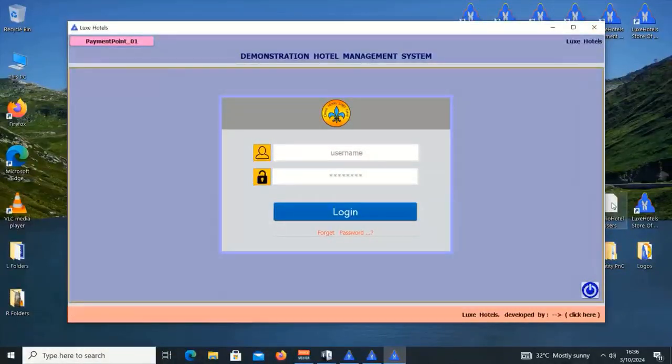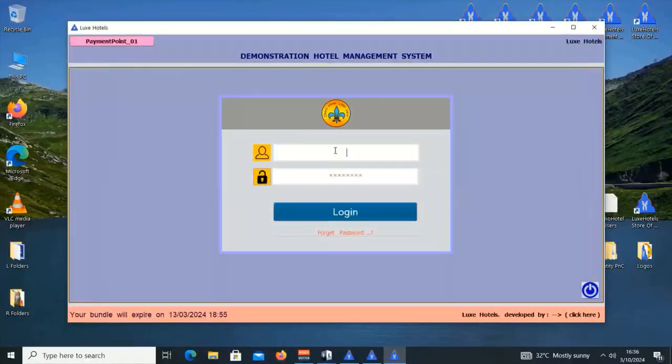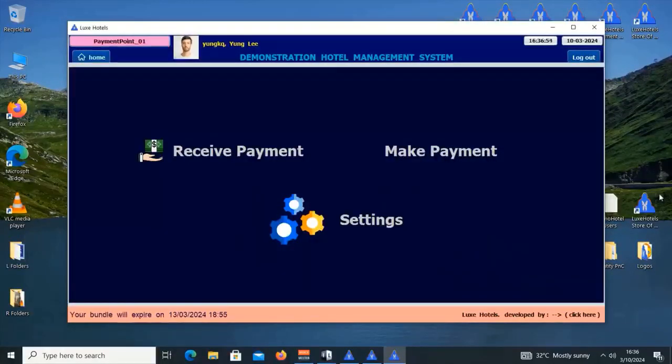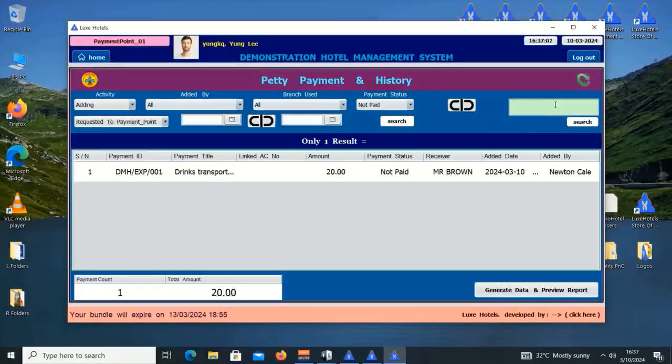Okay, now let me see the username and password for payment officer. It is Yung KQ and the password is 1177. So it is Yung KQ and the password is 1177. Okay, and when I come right here to make payment option and I press enter, I will see the payment